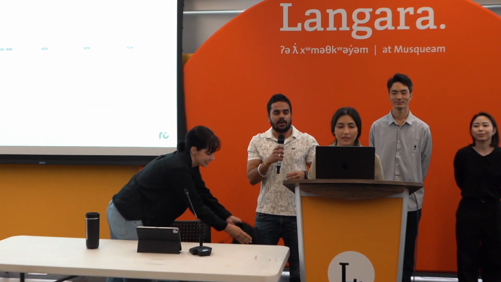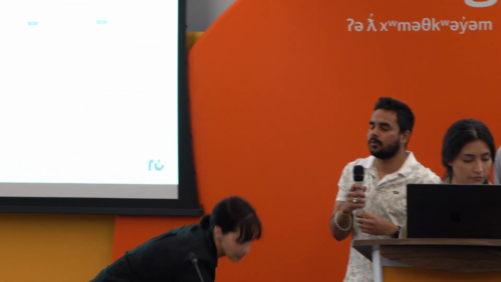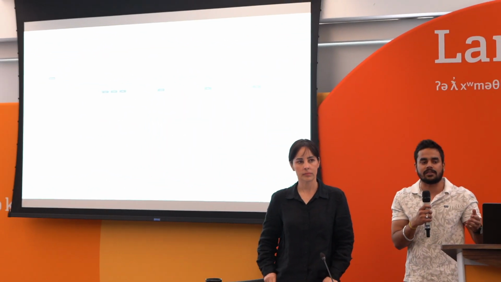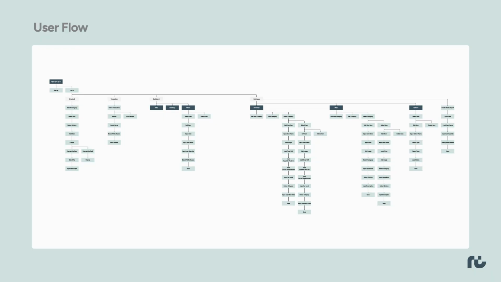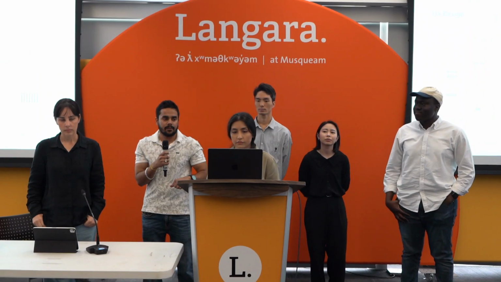Now, moving on to our sitemap. Now you've seen the application in action. That's the final version, but we had to go through a long, detailed process. Even before beginning, this is our sitemap where we discussed all our features and how we could make them possible and easily understandable to our users and avoid any complexity.